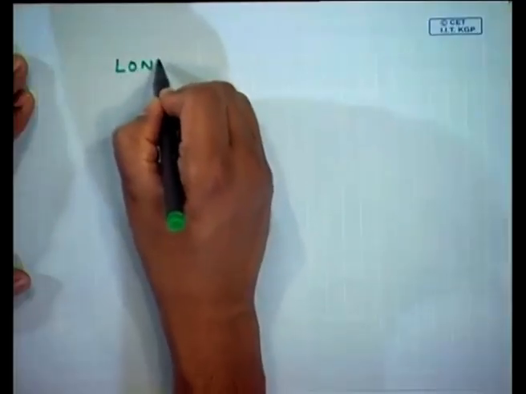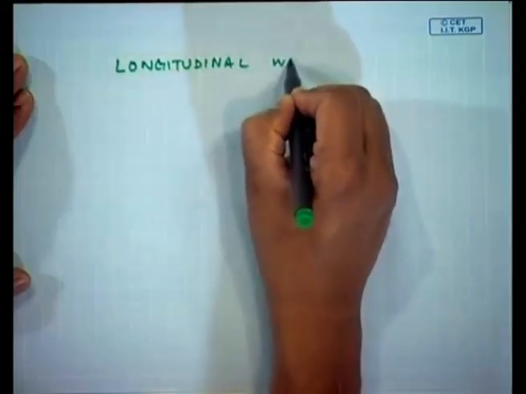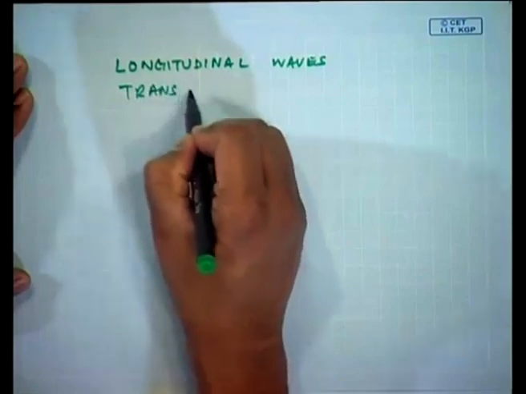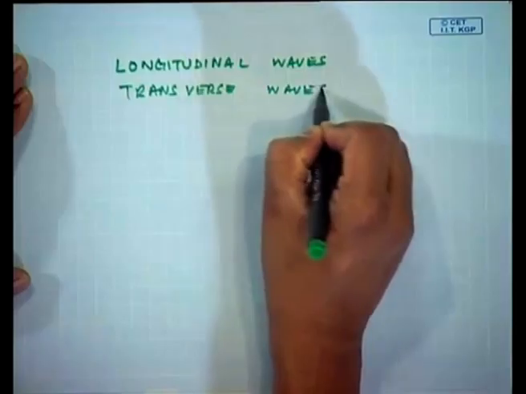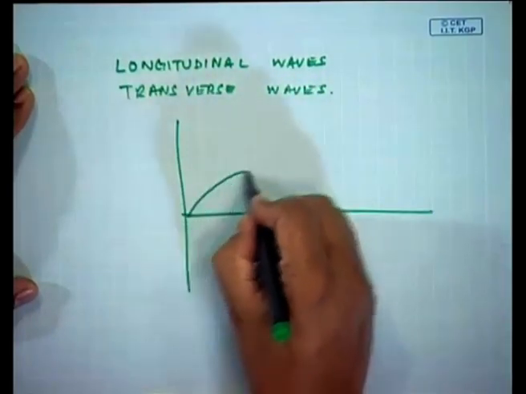Now, this is regarding the amplitude of the sound pressure level. Now, if I come back to the waves by which the sound gets transmitted from one place to another, you would have recalled in your high school physics that there are two types of waves, longitudinal waves and transverse waves. If I was to draw a transverse wave,